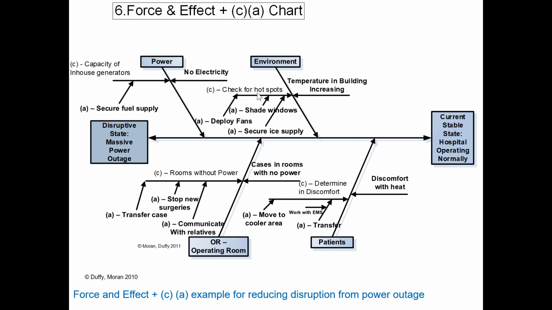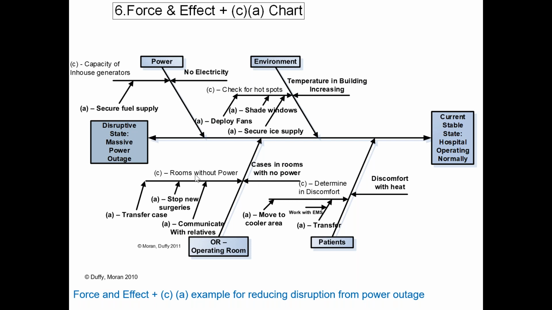And this is going to be a great communication tool for your team to figure out some options on where you could go, not just for root cause analysis, but for immediate corrective action and then rolling into preventive action. Certainly shade the windows, deploy fans, secure an ice supply. Here's another one in the OR, the operating room. There are some cases in rooms that don't have any power because the generators can't manage all of the operating rooms.